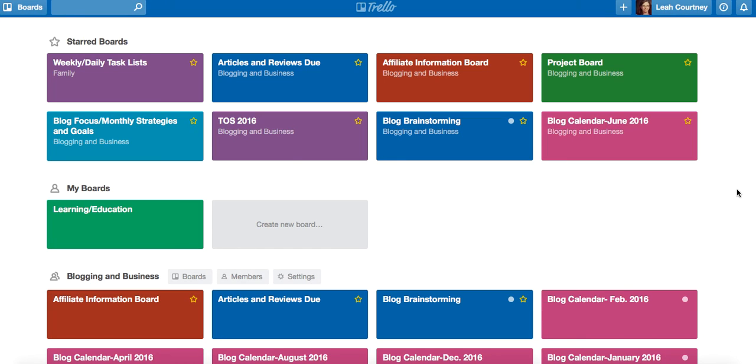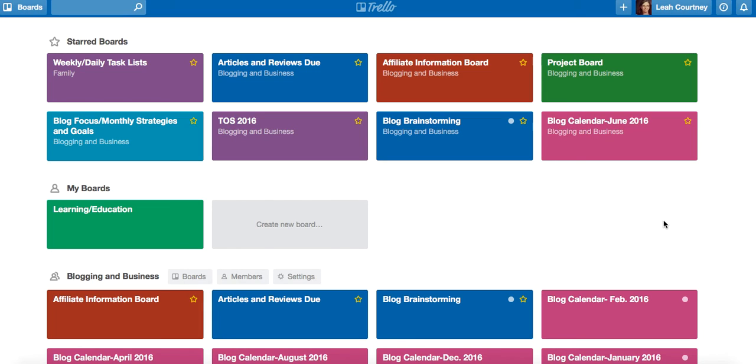As you can see, this is my opening Trello site. So if you go to Trello.com, you'll want to set up a free account. And there is a paid level of Trello. I only have the free account. So what I'm showing you and everything that I can do on this tutorial, you'll be able to do with the free account. So if you go to Trello.com and set up your free account, your opening page will now